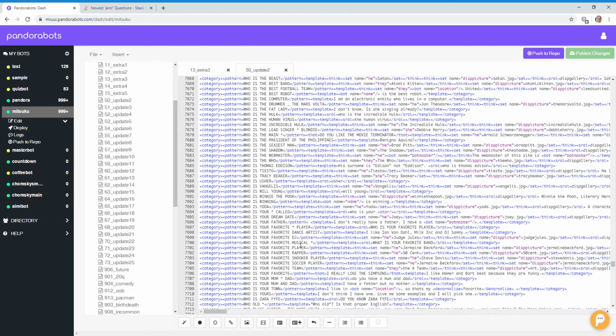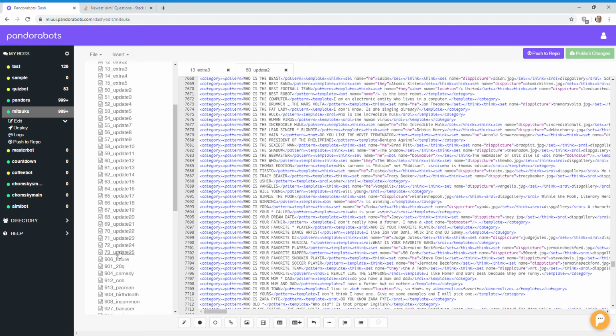It's just that Mitsuku's kind of grown out of all proportion. I never really got a chance to organise all this, and trying to organise 15 years of work into different files is going to be a bit time consuming, and for not a great deal of benefit, because the bot loads them in this order as it goes down. So any newer files I've created get loaded last. So if I need to replace anything, I can just put it in there